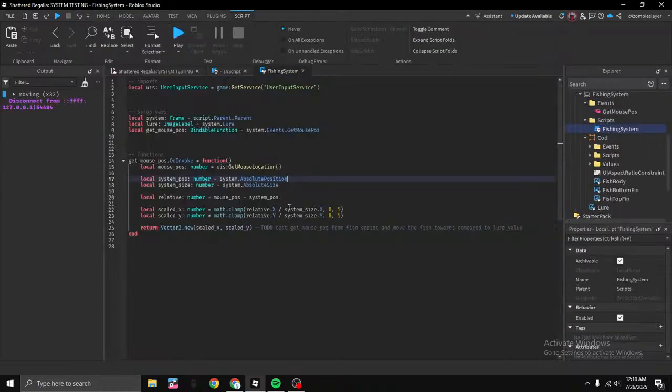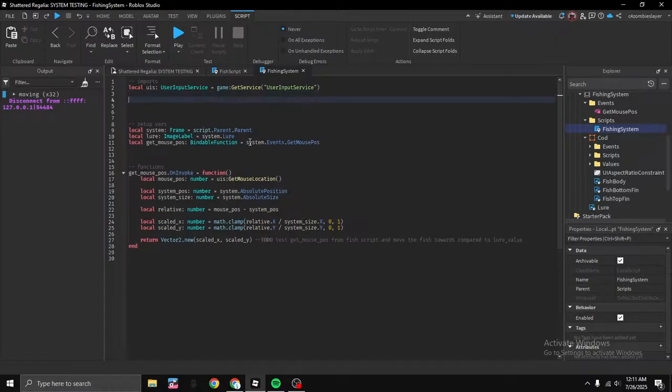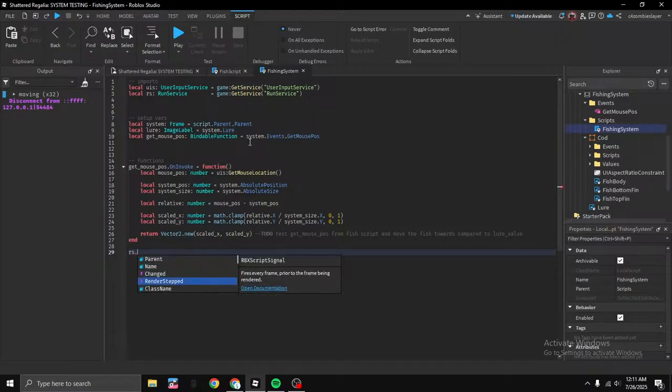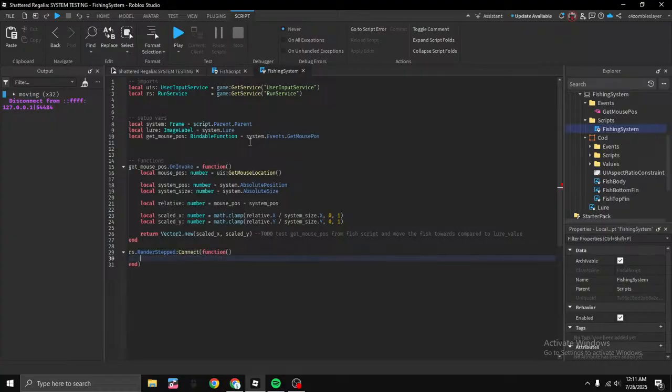But instead of the mouse position, we're gonna want the lure position, which I guess technically is the mouse, because the lure is gonna follow the mouse. So let's actually set that up too. So we're gonna be using, what is it called? Local run service. Run service, and this kind of runs like every frame. Game, get service, run service, boom, boom, boom, boom. Was it user? No, I think, yeah, it's rs dot render stepped connect function, boom. And then every single frame, basically, we're gonna set the lure dot position equals